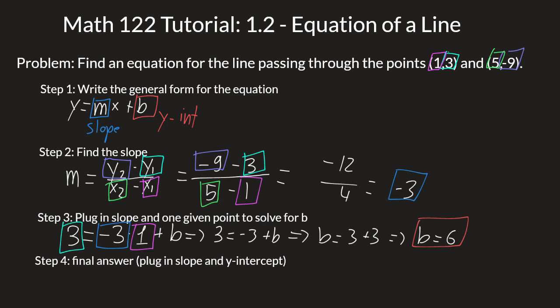So we're basically all done now. All that's left to do is to just write out our final answer. You can do that by just plugging in the slope and the y-intercept. So the equation of our line is going to be y is equal to, our slope is -3 times x plus